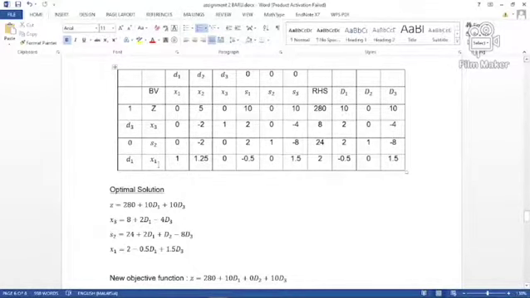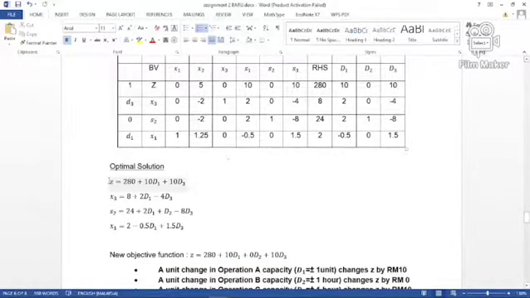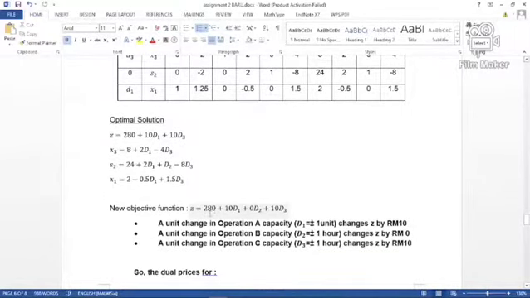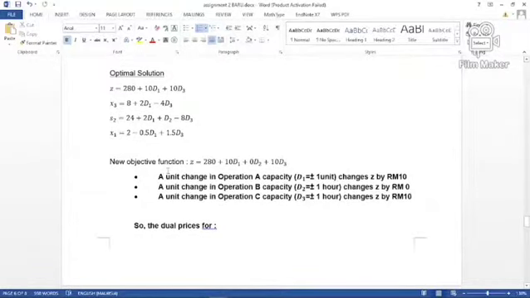And for the final BV, we have x1, which is 2 minus 0.5D1 plus 0D2 plus 1.5D3. Then we can list out the optimal solution, and this is the finished result. From this, we can find the new objective function, which is Z equals 280 plus 10D1 plus 0D2 plus 10D3. From this, we find that a unit change in operation A capacity of D1